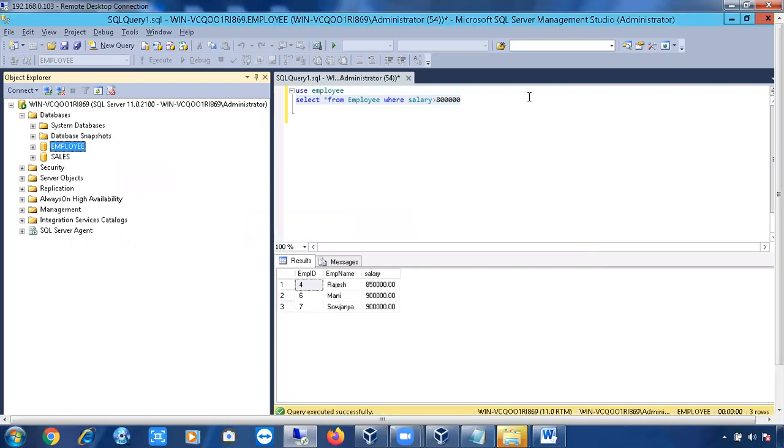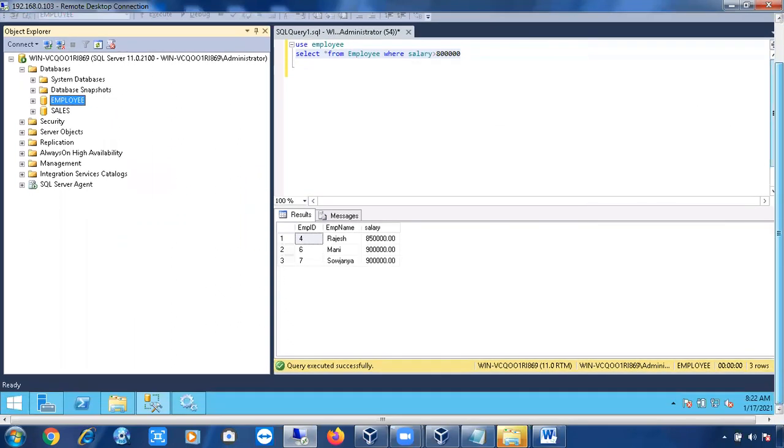Right. Now we'll discuss the service account. While installing, we installed SQL Server with the default service account, right? Now I'll try to change the service account. If I want to change the service account, first of all, I have to create the service account, right? So how to create an account? Service account means, again, don't think it is a different kind of thing. That is one user.